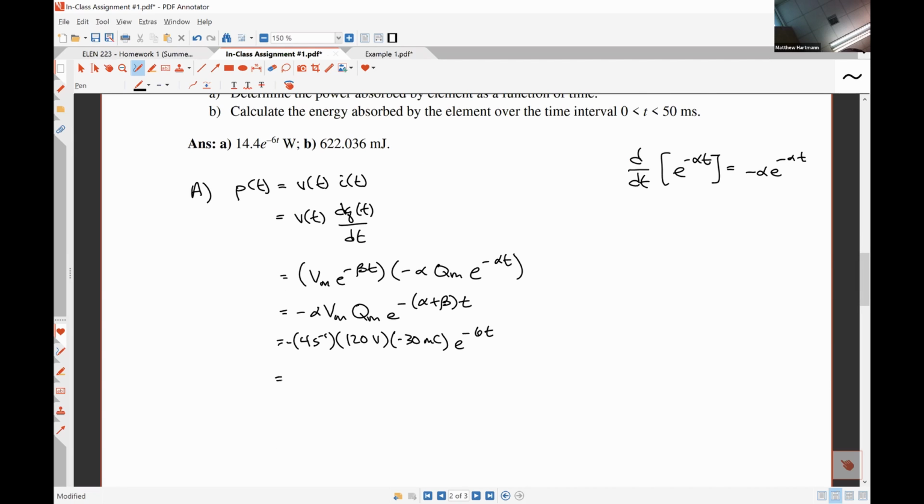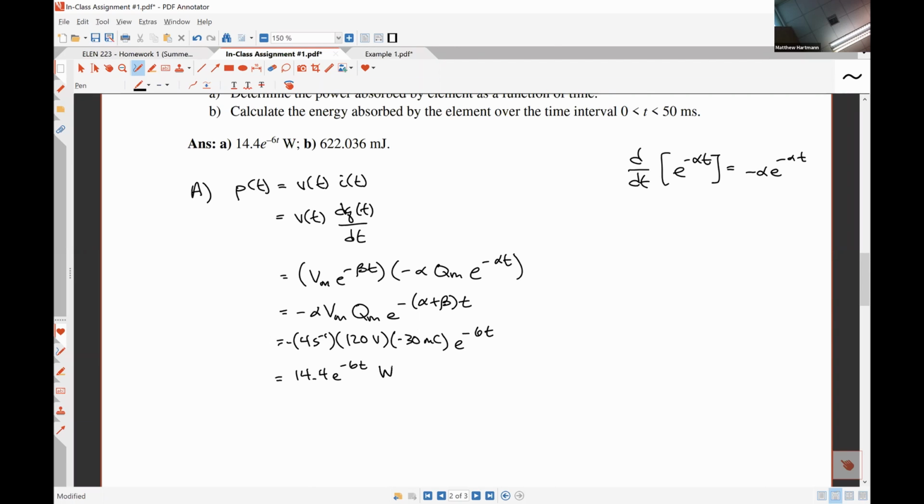And let's see, negative 4 times 120 times negative 0.03 gives me 14.4 e to the minus 6t